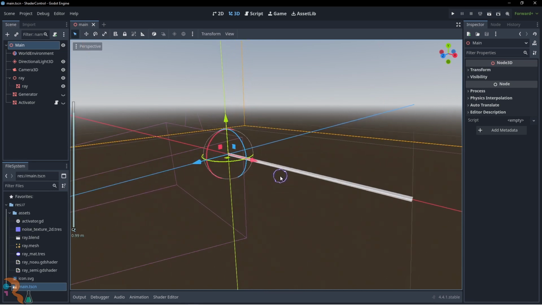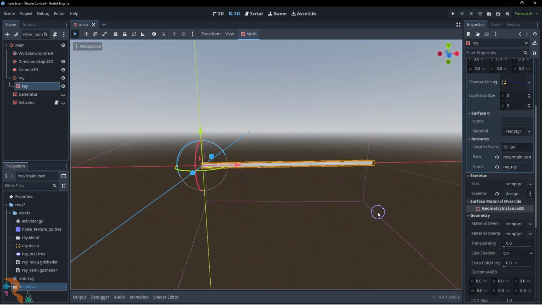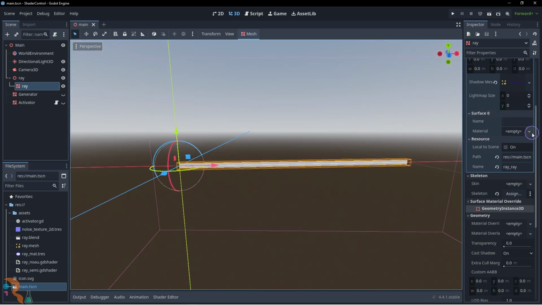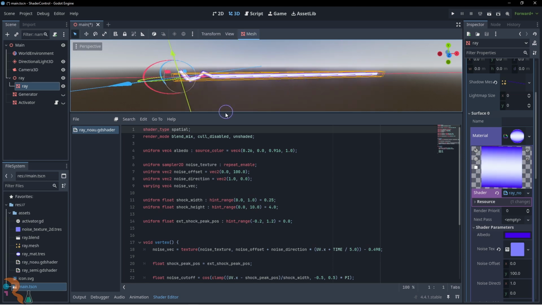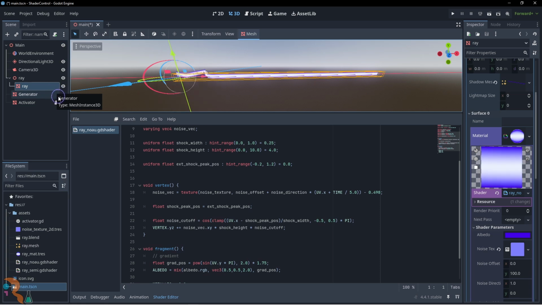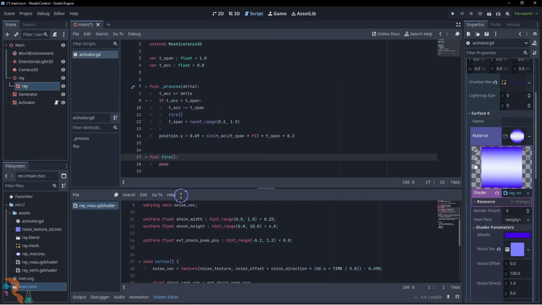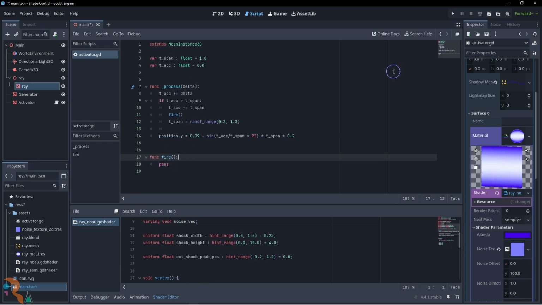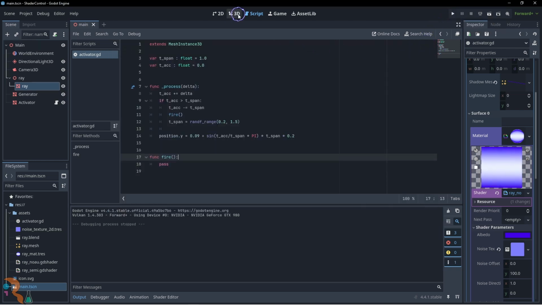The mesh of our sample ray is essentially made up of two segmented orthogonal strips. Initial material is set with the non-autonomous shader. Thus, excluding the noise, it can only be animated by changing its parameters. In the scene, there are also a fake generator box and an activator, which will control the shader animation via script. The fire function is invoked every time the activator bounces off the generator.